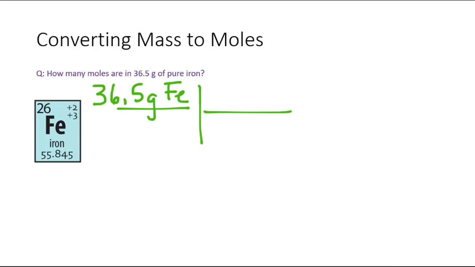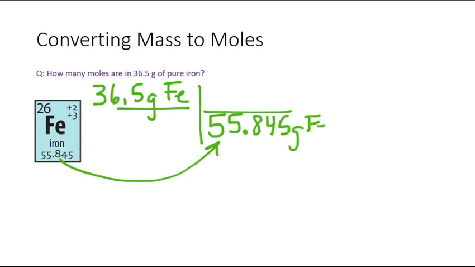Again, our conversion factor is straight off the periodic table for an atom like this. So in its elemental form, iron is 55.845 grams of iron per mole. Again, we double check that our units are canceling. We multiply through, and in this case, our answer is